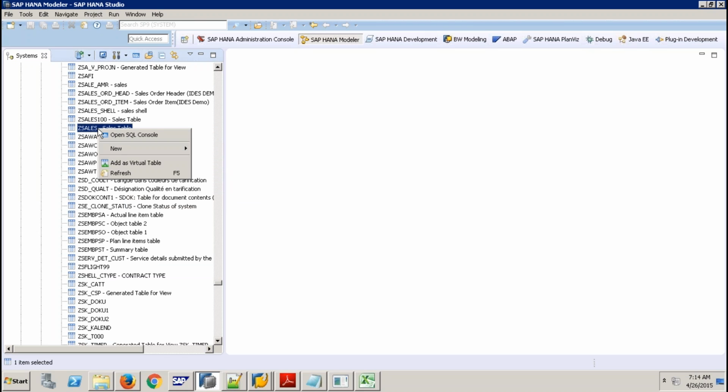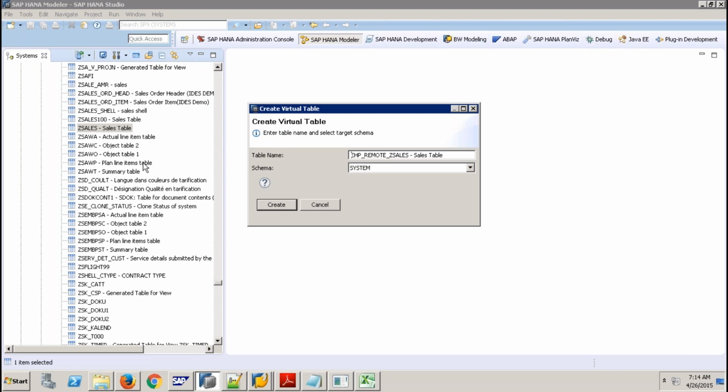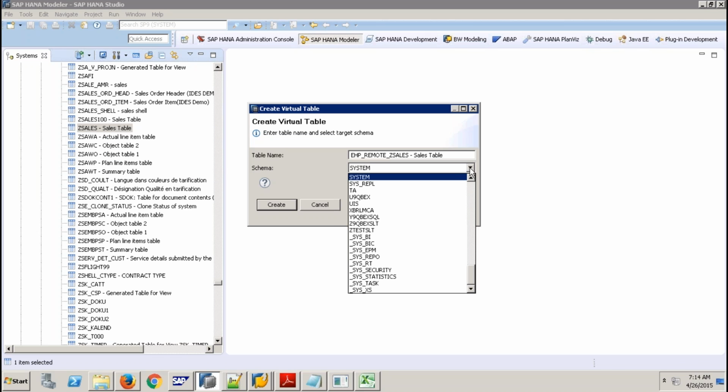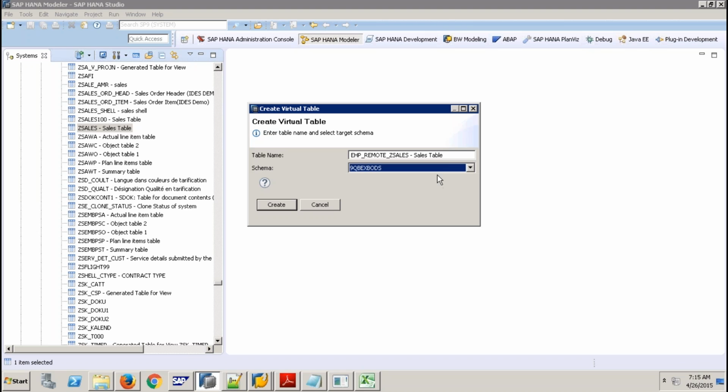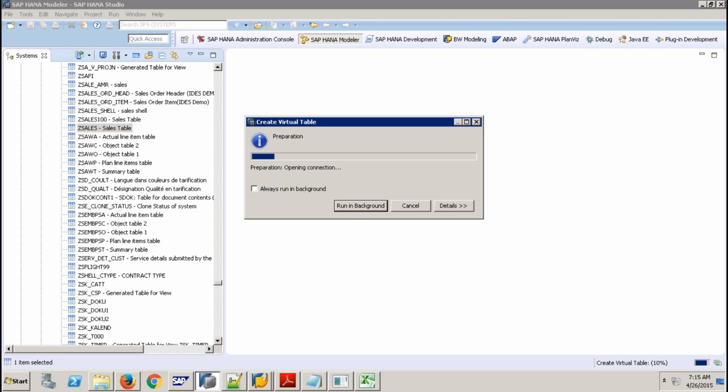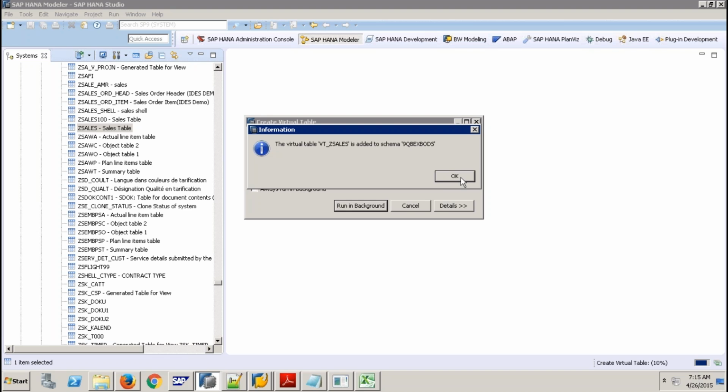So when I right click on this table, you should get this option as add as virtual tables. Okay. Now just take some schema. I'll take this. I want the name of the table as, let's say, VT_Zsales. Great. So it creates this virtual table